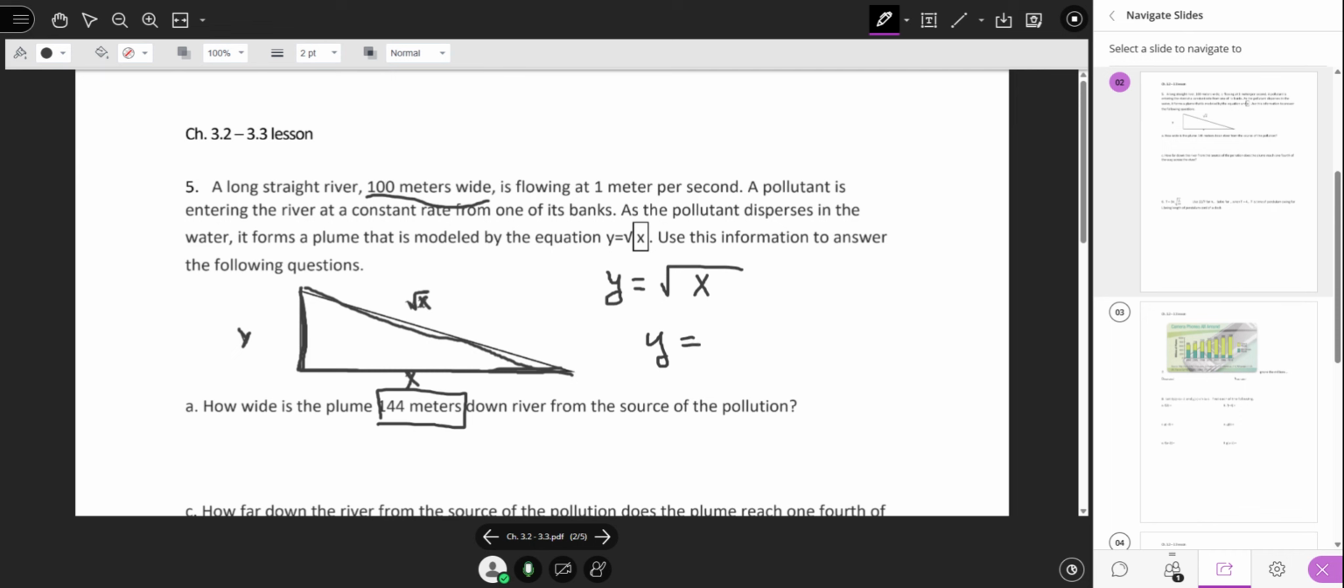All right, so we're going to plug 144 in. So y equals square root of 144. And we can totally put that in the calculator, if you don't recognize